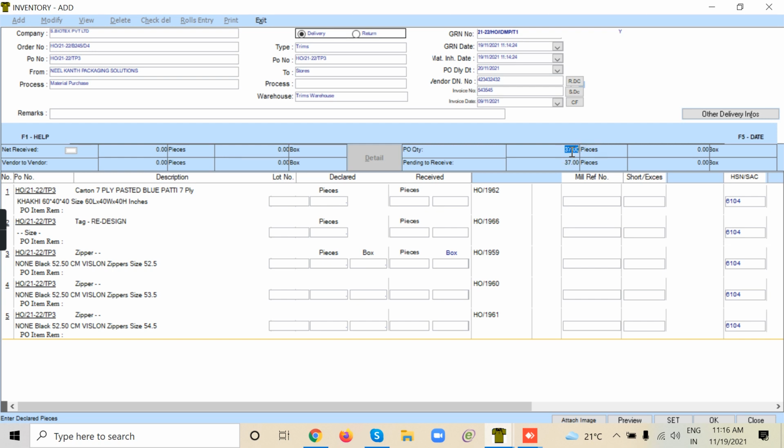Suppose you have already received some 10 pieces, then it will show balance to receive, 27 here. If you have made some partial receipt, then if you click this button, that will show up here. We have not received any material, so this button will not work now.